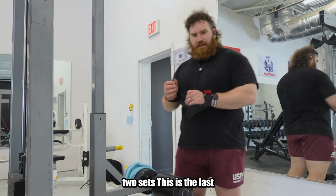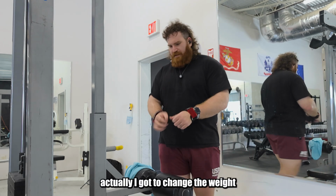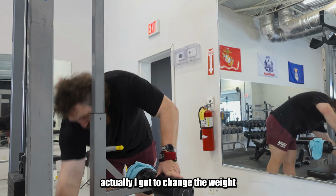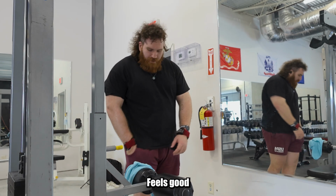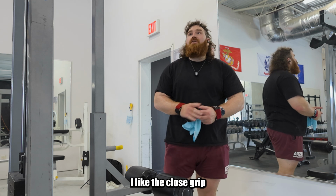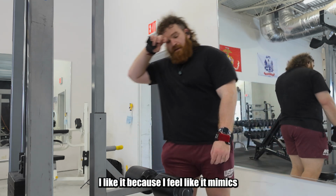I didn't film the first 2 sets. This is the last set. Oh, actually, I gotta change the weight. Up to about 210 on this, which feels good. I like the close grip. I don't know if you can even see the attachment. I like it because I feel like it mimics a pretty good position